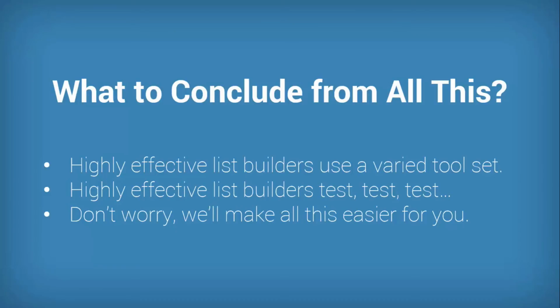Also, highly effective list builders keep testing new things, new techniques and new technologies and so on. And that's something that gives them a huge edge, okay? We're talking about the difference, applying some of these ideas that I've just shown you, between maybe a 1 to 3% conversion rate on your website or a 10 to 15% conversion rate on your website, okay? And we've seen several examples of people who have a site-wide visitor to mailing list conversion rate of 10 to 15% using various techniques and using some of the things I'm going to show you next as well.